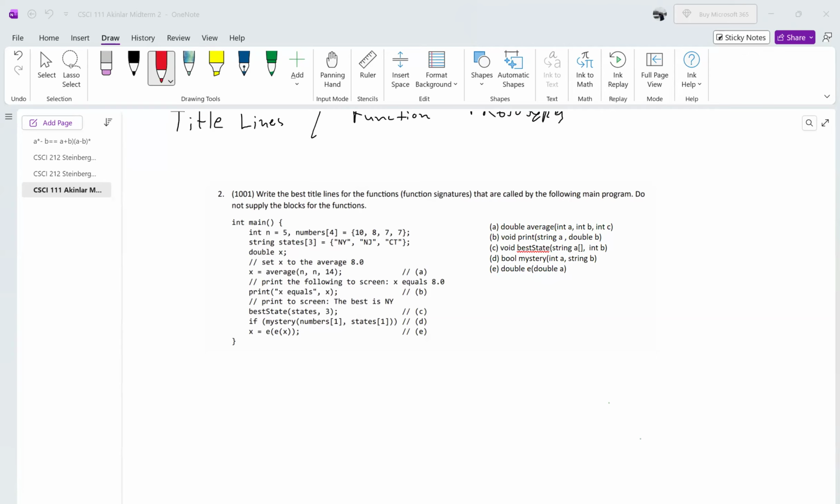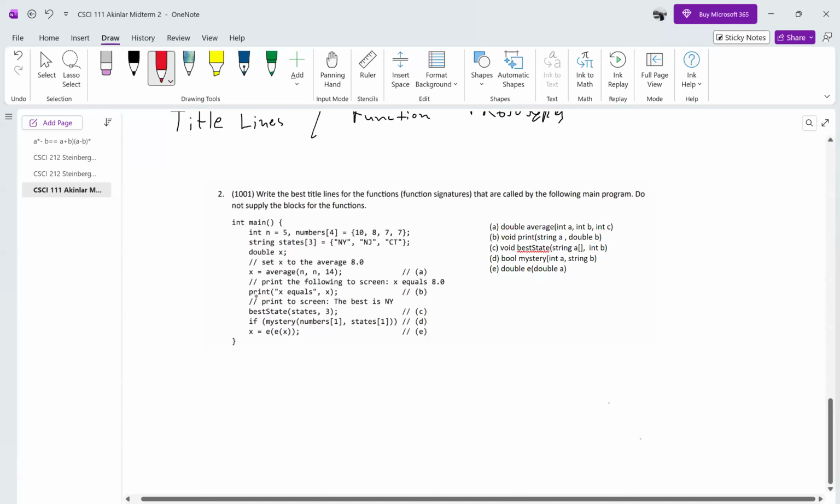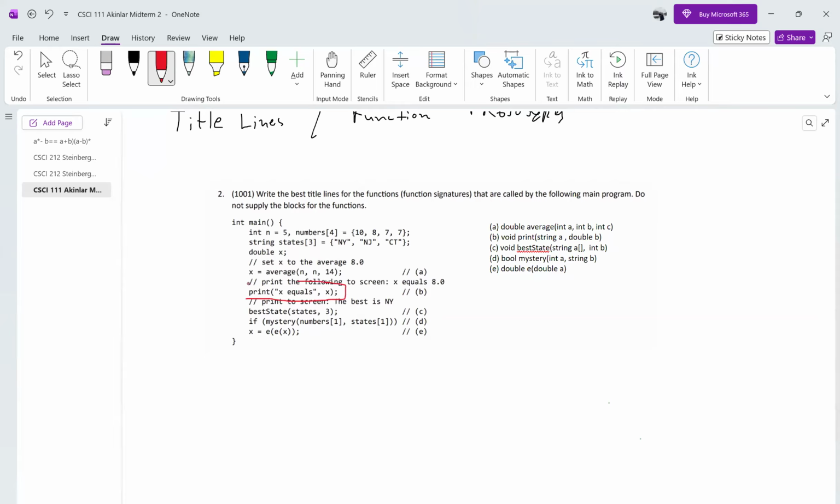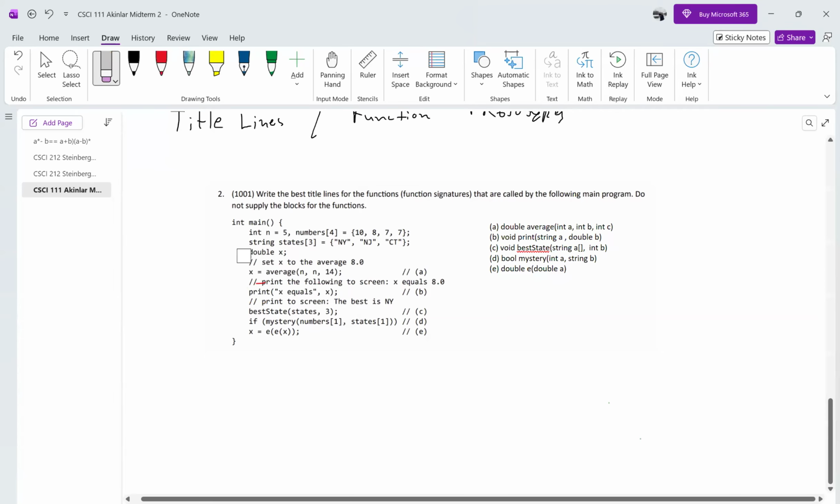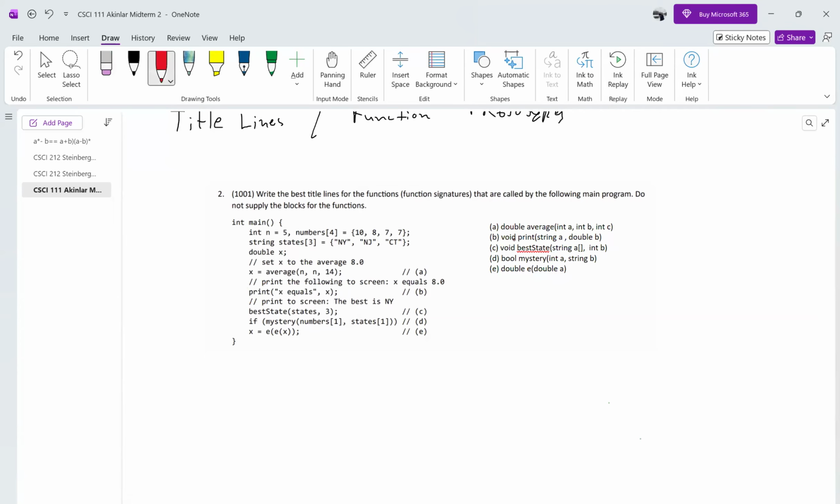Well, print has to be a void. It cannot be an int. Well, let me think. Yeah, Zainab, now that I think about it, I know the answer sheet says void, but logically speaking, there is nothing wrong with having anything other than void here. It's basically not going to do anything. What I mean by that is, if print has an integer, if it was an int here,